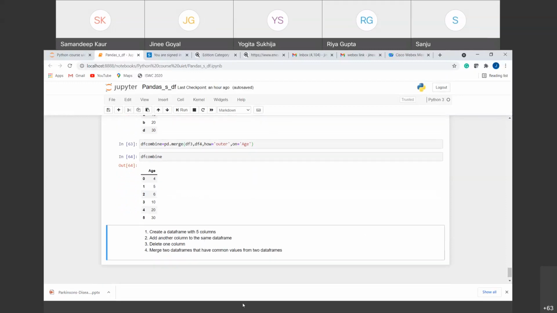You can try out these 4 questions if you want, and if you have any doubts regarding today's lecture, you can ask, right? So what you can do is you can try creating a data frame that consists of 5 columns. Then you can try adding another column to the same data frame. Try to delete one column or delete one row. And the last one is merge the 2 data frames. Like I have taken the union of all the values, try to take the common values out of it, right? That is intersection of the values. So you can try these 4 questions if you want. Your concepts will be more clear. And meanwhile, if you have any doubt, you can ask.